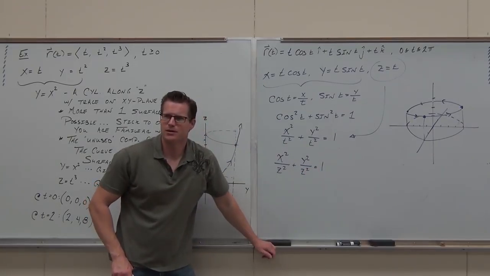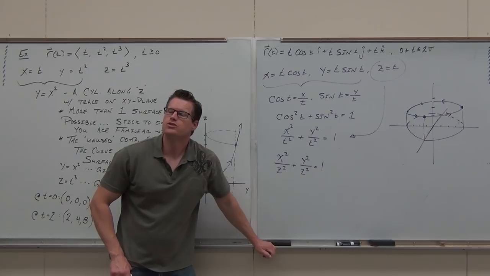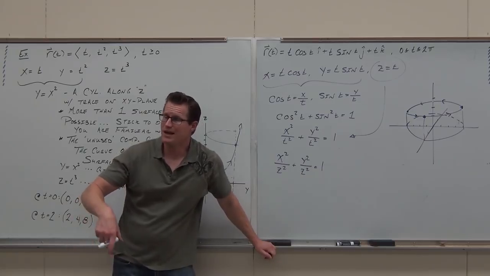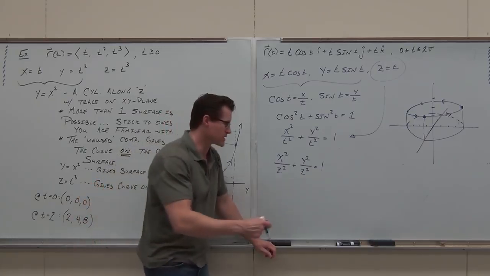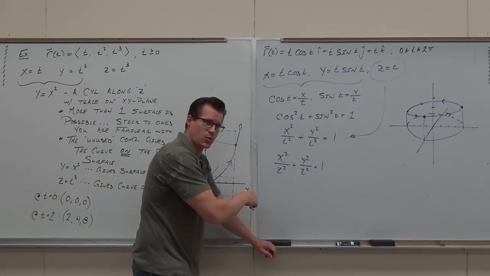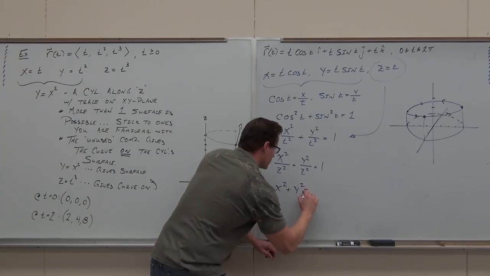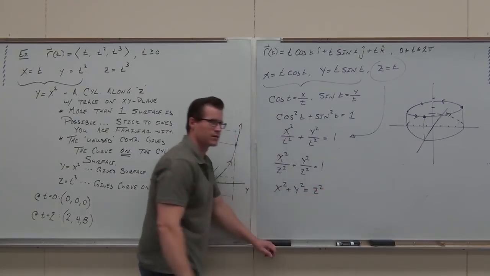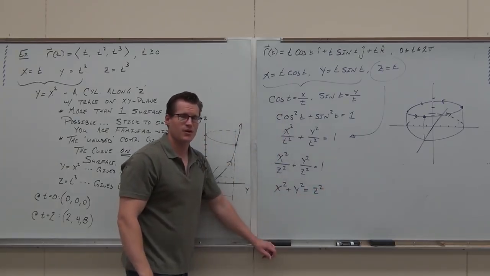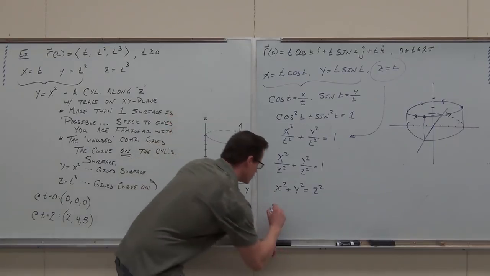That doesn't look so good. No, it doesn't. It doesn't look good at all. So try to put it into one of the formats that you actually understand. For instance, if I multiply both sides by z squared, this should be getting exciting. If I put everything on one side,